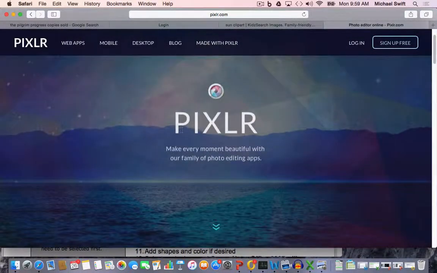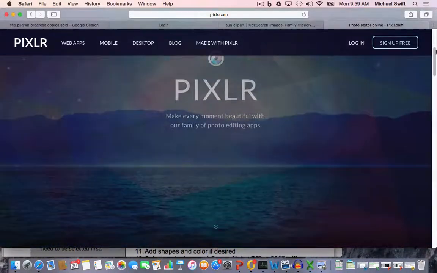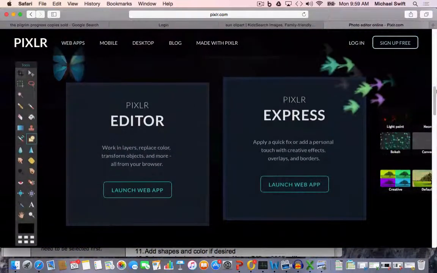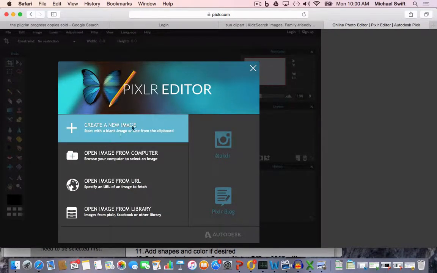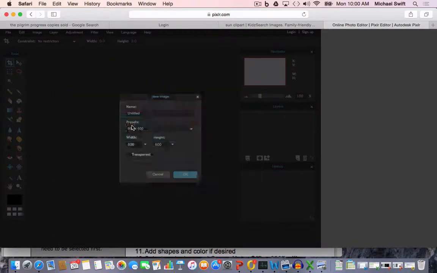Now the first thing you'll notice is you'll get a page that looks like this. If you scroll down, you're going to get these two options, Pixlr Editor and Pixlr Express. We want to use Pixlr Editor, so we're going to click Launch Web App. Once that opens up, we're going to be prompted with a few options. Because we're starting over, we're going to go to Create a New Image. So click on Create a New Image and name this